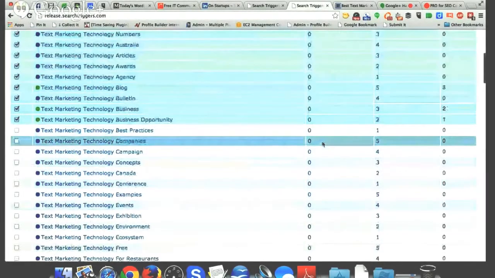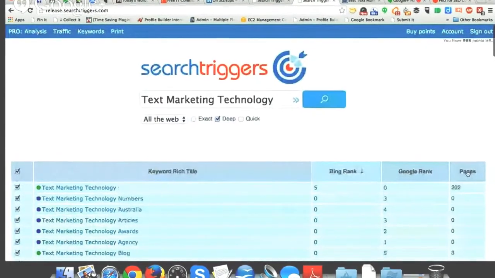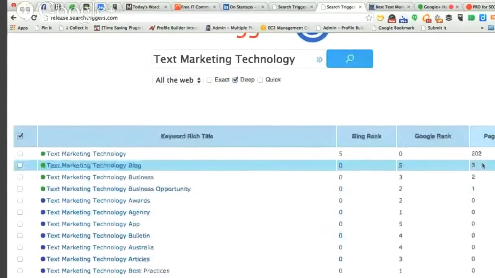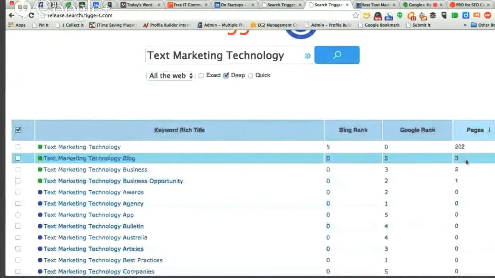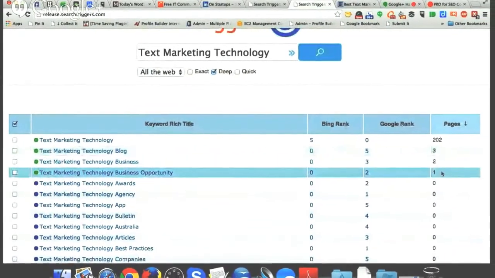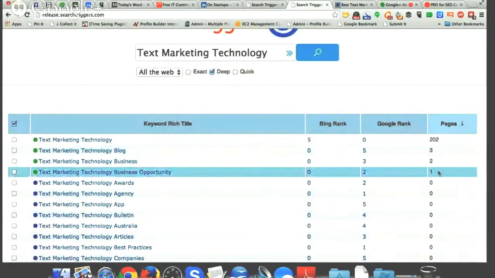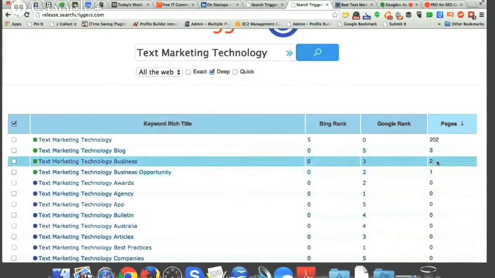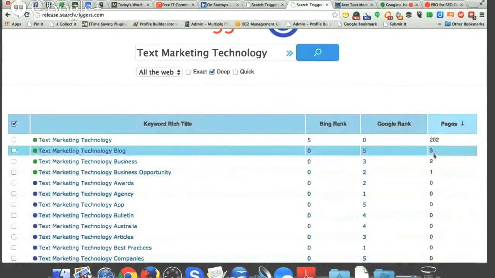Go ahead and click see them all, and now sort by pages. Wow, of those, there's only 3 that talk about the blog, businesses. And a business opportunity is only ever 1 page, so you could really dominate the field with one, if you could tweet about it.